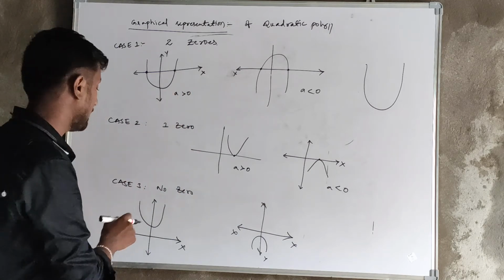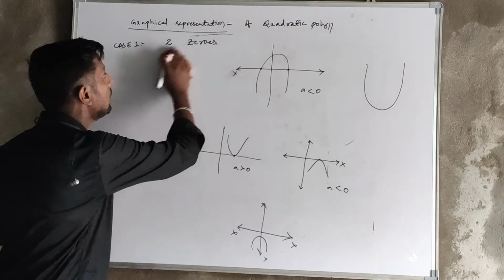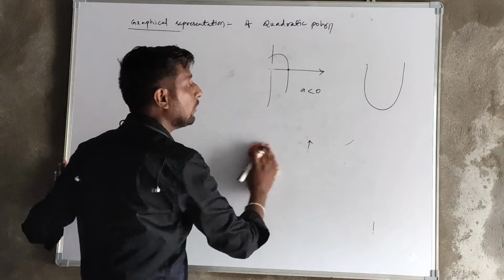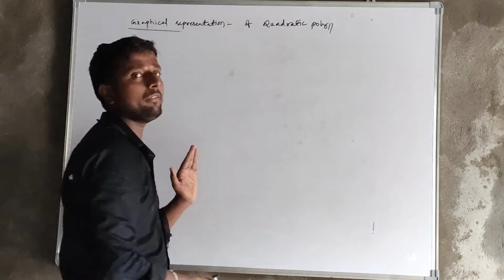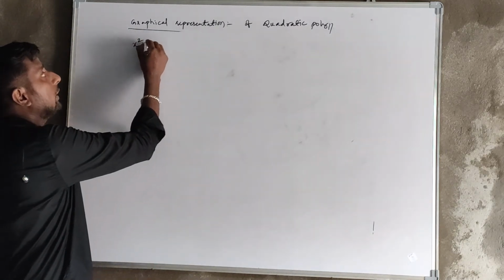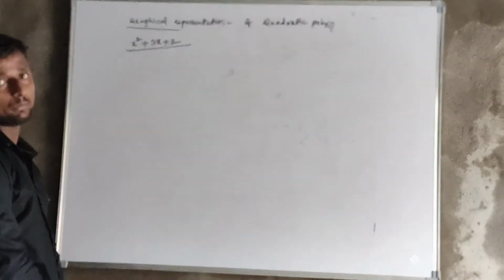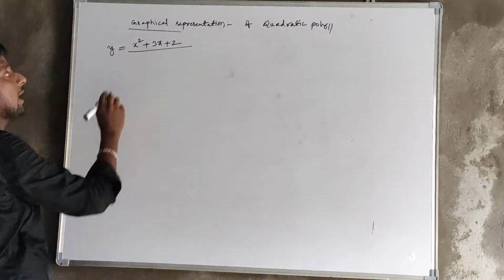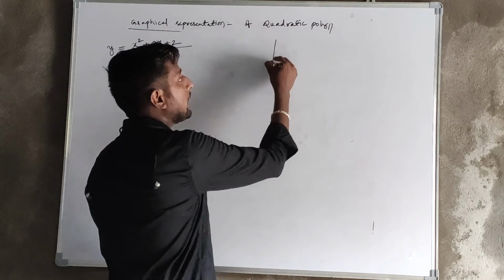Alright, we'll go with the graphical representation. That means now we'll see how to represent the graph of a quadratic polynomial. You may know many ways to represent the graph, so now I'll take only one. This is a quadratic polynomial, with 3x. Now I can write that all of it is equal to y. So first we have to make a tabular form.